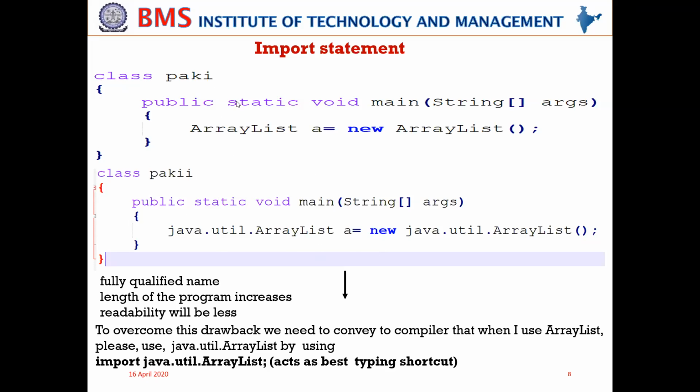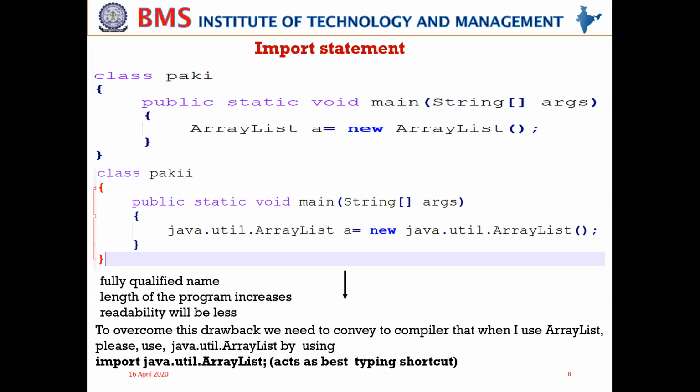Now what is the problem with fixing errors by using the fully qualified name? The readability of the program. If I had to write many more such statements, everywhere I would need to write the fully qualified name, and the readability of the program will be very, very less. The intention of the program gets lost, and everywhere I can see only fully qualified names. How do we overcome this drawback? You write the import statement only once, and then you can use the shortcut names wherever required.